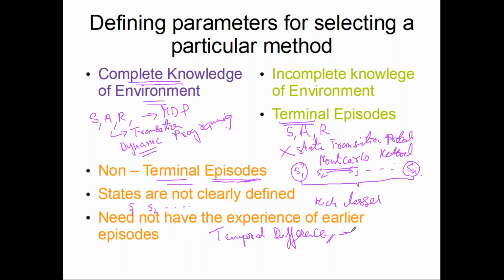But the temporal difference method is the heart of reinforcement learning. Any further, more complex RL problems in the future use temporal difference. In this case, the states are not clearly defined, we need not have earlier experience, and what the earlier experiences were is also not known. Neither is the transition probability clearly known, nor is the entire episode known. So with this, a basic idea. Now let's look at each of the methods.